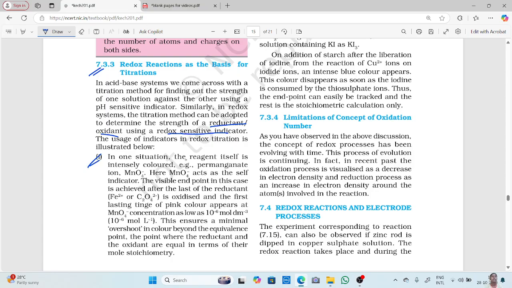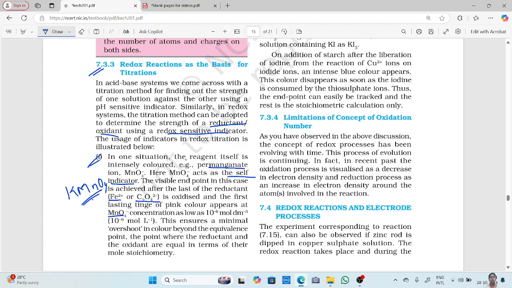The first step is, in one situation the reagent itself is intensely colored. Okay, in one reaction you can see the reagent itself is darkly colored. For example, your permanganate solution. Permanganate means potassium permanganate, KMnO4 solution. Here KMnO4 acts as the self indicator. Since it is highly colored, it acts as a self indicator. The visible endpoint in this case is achieved after the last of the reductant, that is Fe2+ or C2O4 2-, is oxidized